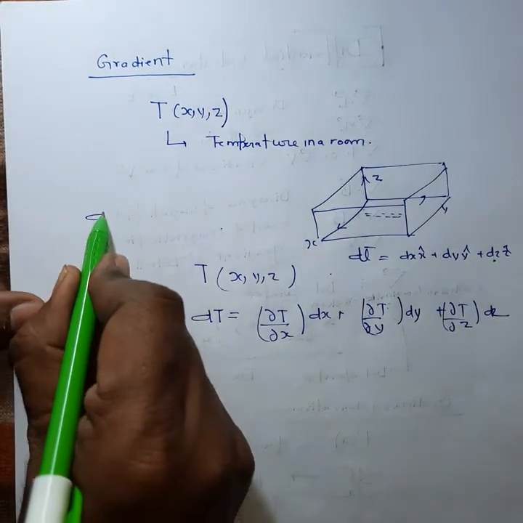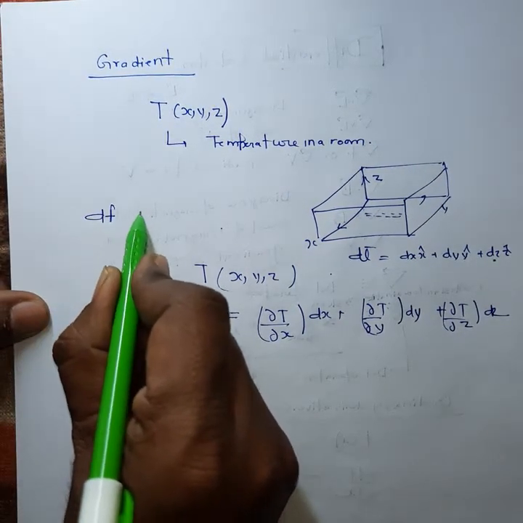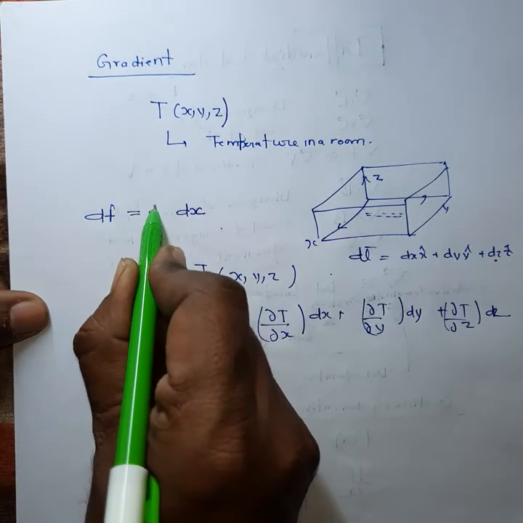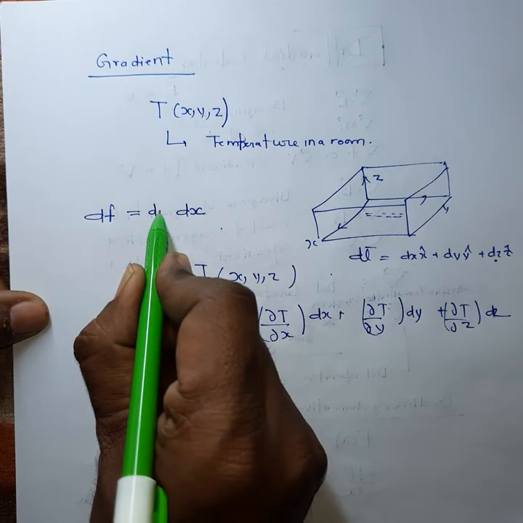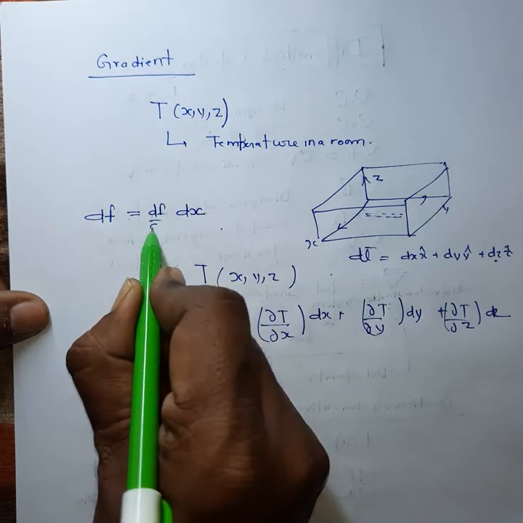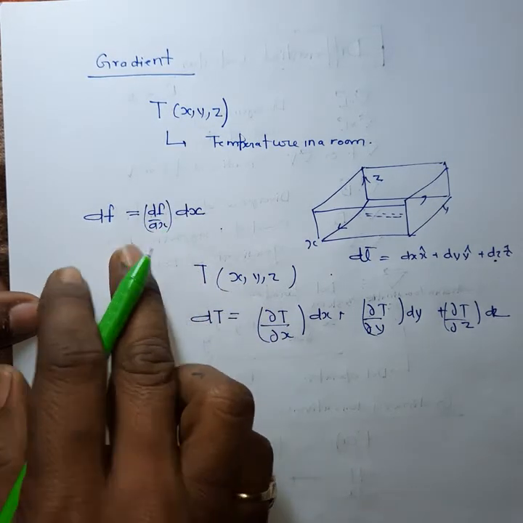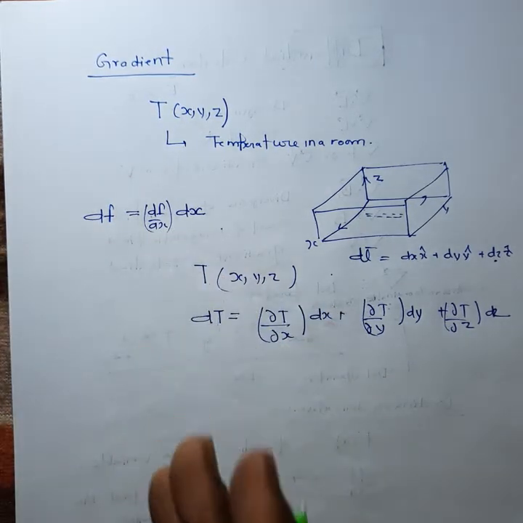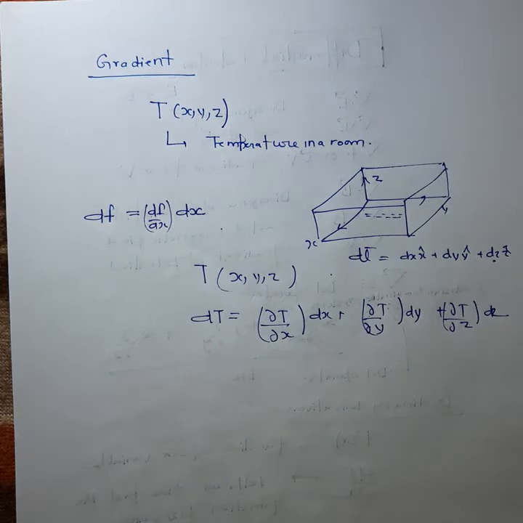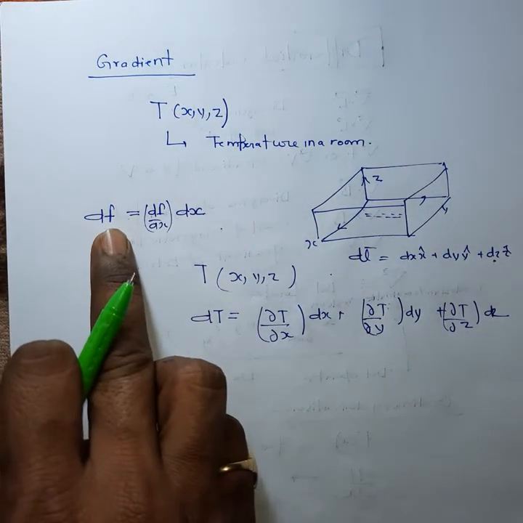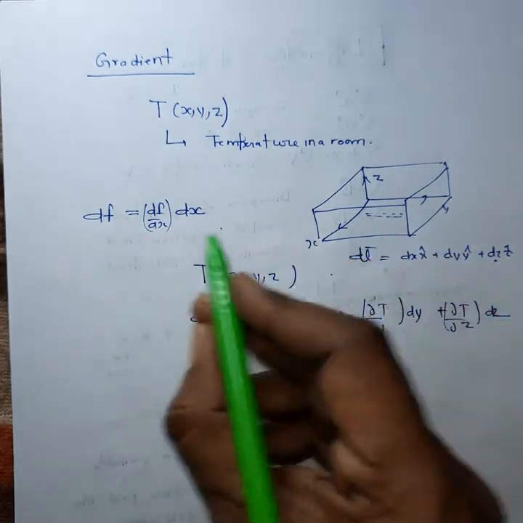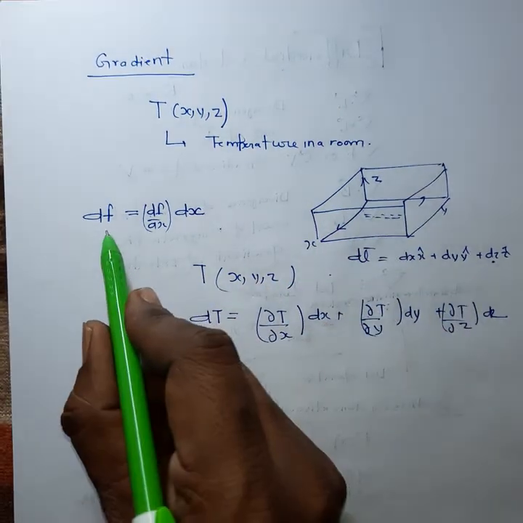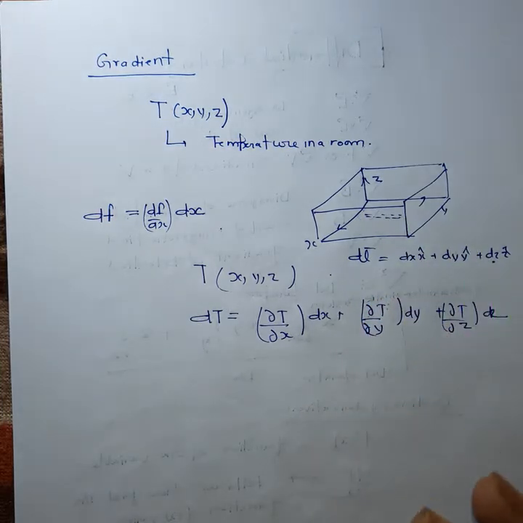So as in the previous case, we have seen that the change in df is proportional to only dx, and how fast it changes is expressed by df by dx. This was the case when you move only in one direction. But if this change in f depends upon the direction, that is, its change is different in the x direction and different when you move in the y direction.